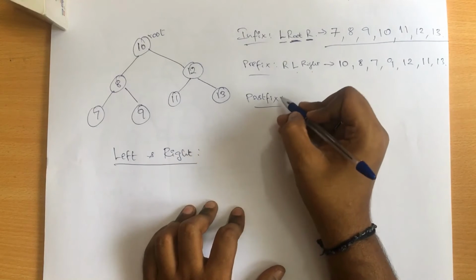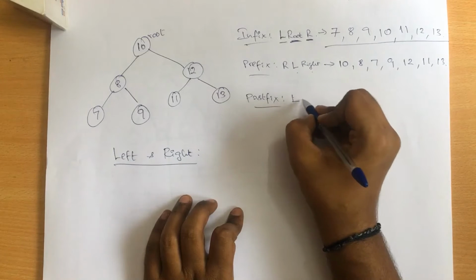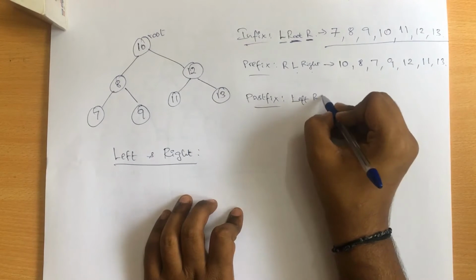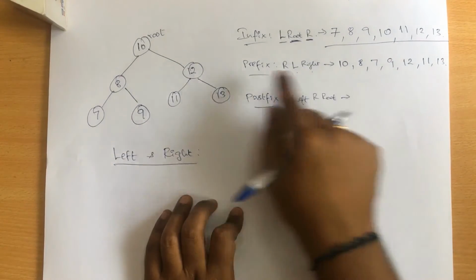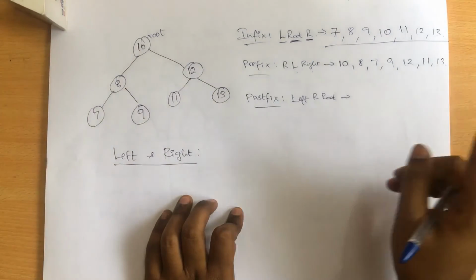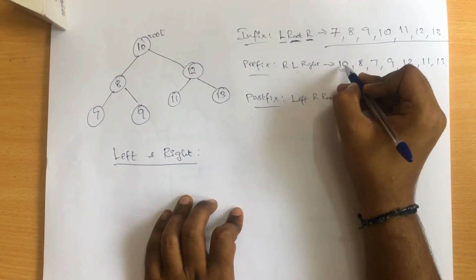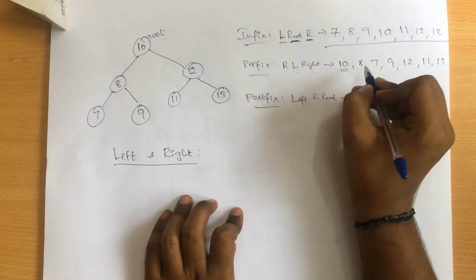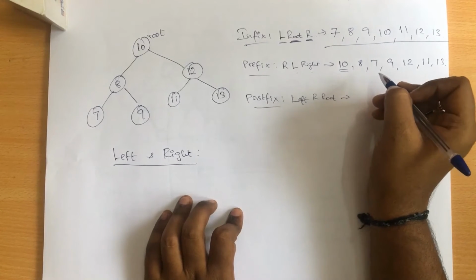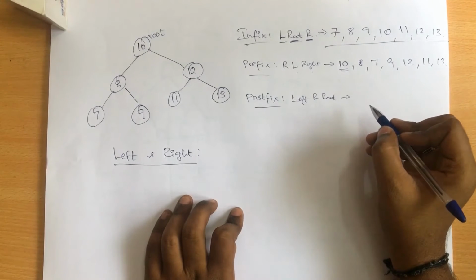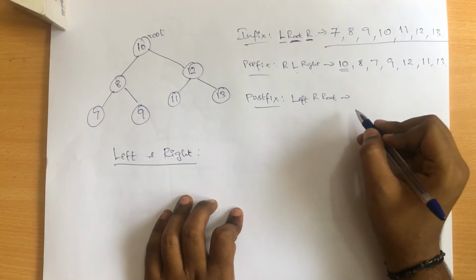So now let's move with post order or postfix. So here it should be left, then right, and at last it should be root. So it means that here you can guess the final output. So the value 10 will be at the last end of our entire program, right? So here, since it is a prefix value, we have 10 in the beginning, and all the root nodes will be in the beginning of each and every node. But when it comes with postfix notation, you will have the root node only at the last.